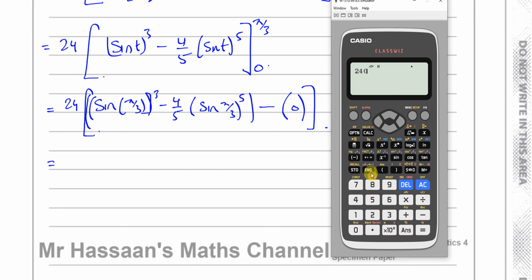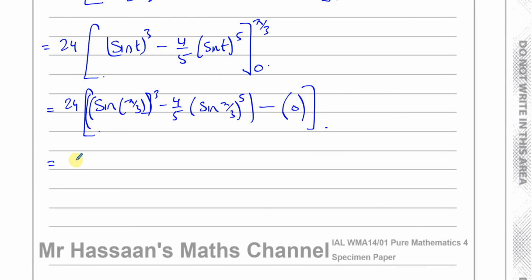24 times, I'm going to have the sine of, sorry, pi over 3, and that's to the power of 3, minus 4 over 5 times the sine of pi over 3 to the power of 5, and close the big bracket, and that gives me 6.235